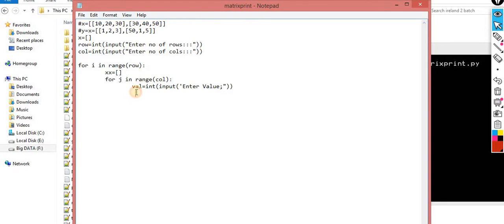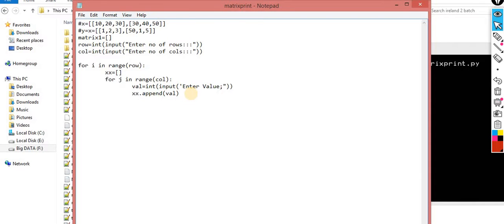Okay, so because I have to make a 2D matrix, that's why xx dot append of this value. Okay, after appending of this, now the final is our x. Okay, let's suppose I'm giving a name, that is the matrix1.